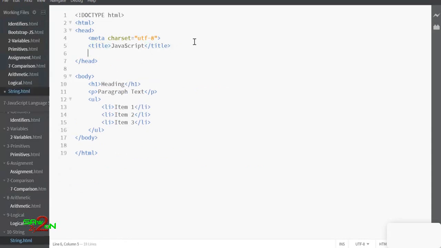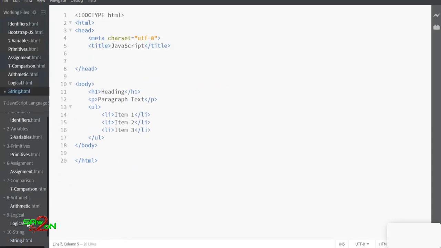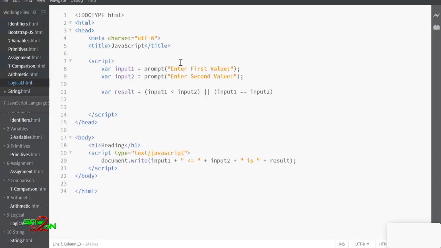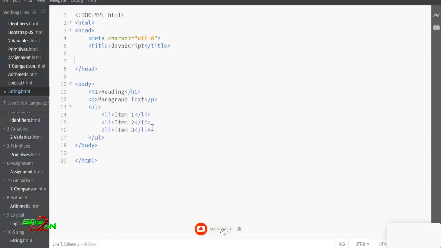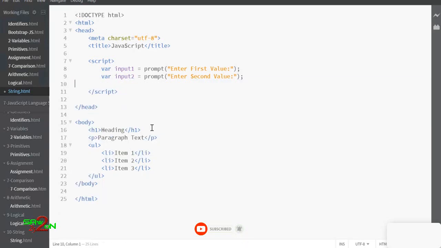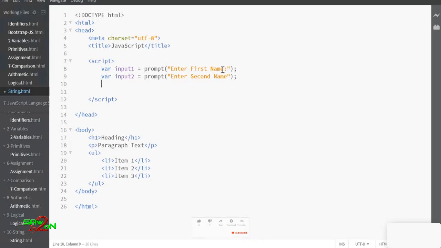Okay, so here again we will take two inputs, so we'll go back here. I'm going to copy paste this code which accepts the input values from the user, and I'm going to say first value, I'll say first name, and second name. Okay, then I'm going to use the operator to combine strings together. So I'm going to say var, that is nothing but defining the username,